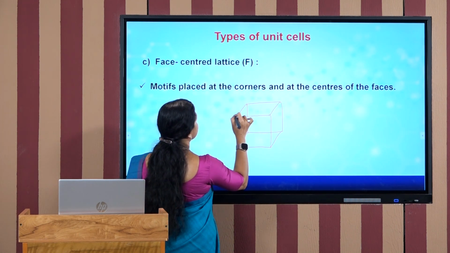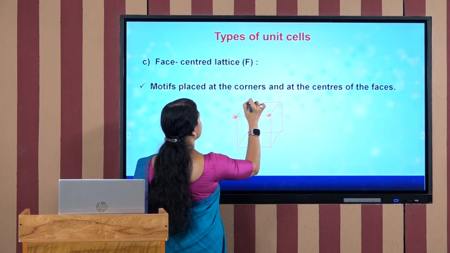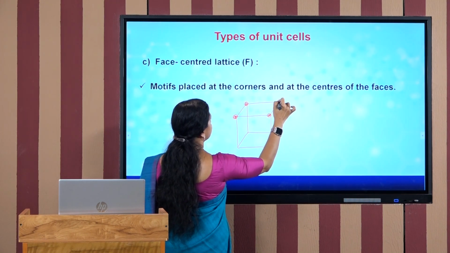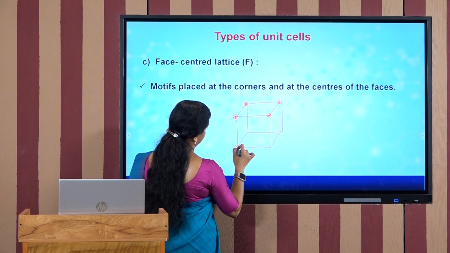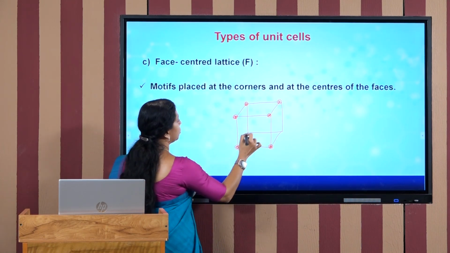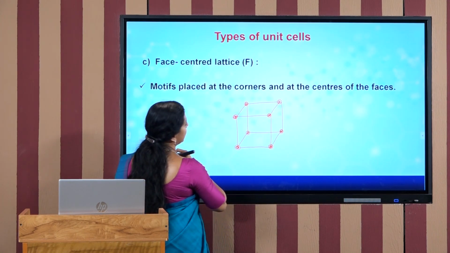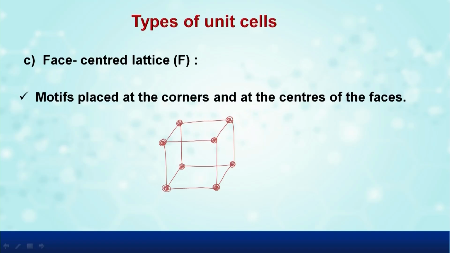First, let us draw the motifs at the corners. Now, in addition to the motifs at the corners, the motifs or the atoms will be present also at the centers of each face. So, on the top face 1 and on the bottom,